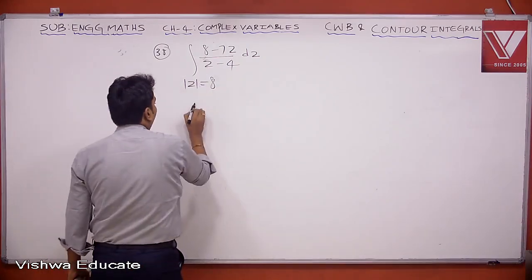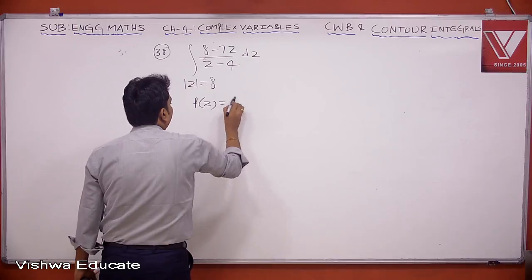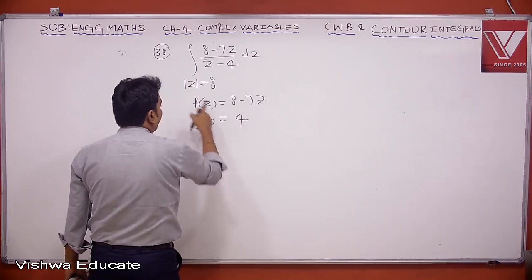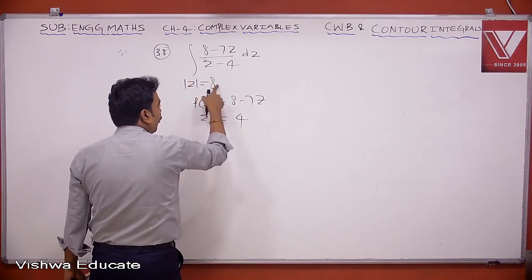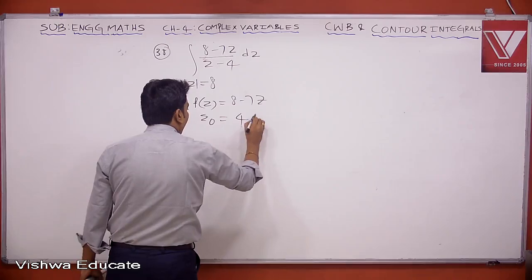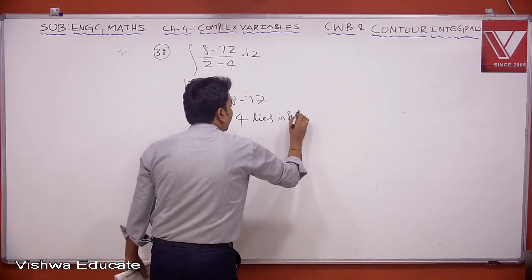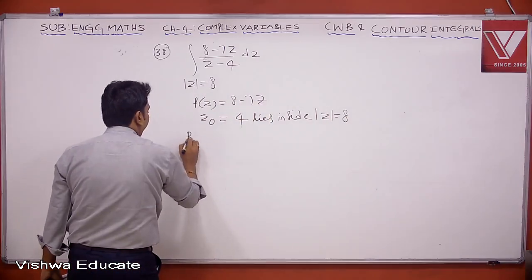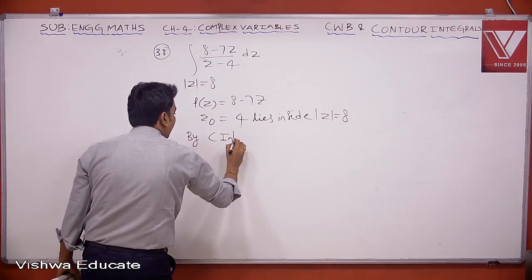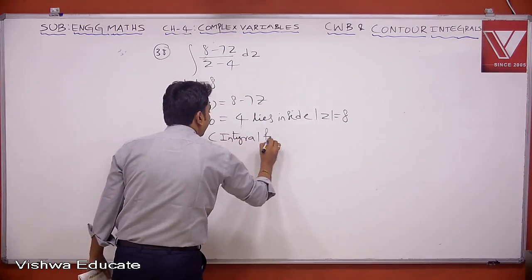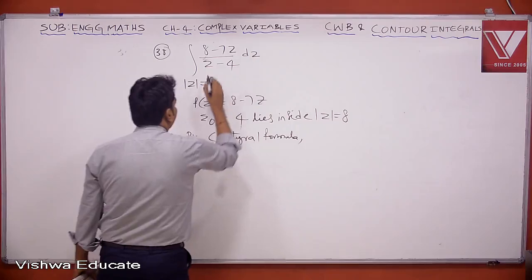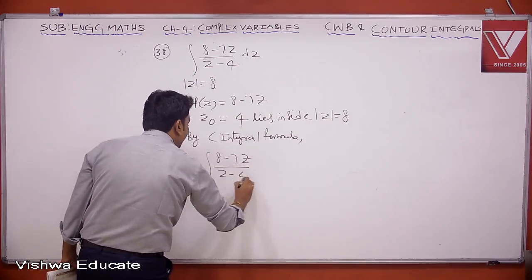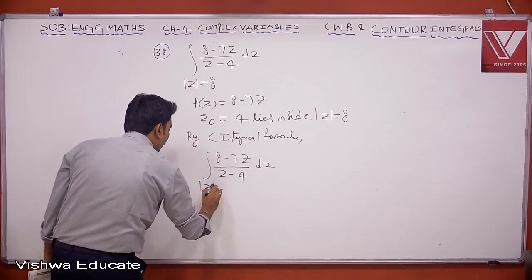Now here what is f of z? F of z is the numerator function, that is 8 minus 7z. And z naught equals 4. Now mod 4 equals 4, but 4 is less than 8. Therefore z naught equal to 4 lies inside this circle, mod z equal to 8. Therefore by Cauchy's integral formula, this contour integral, that is integral 8 minus 7z by z minus 4 dz over mod z equal to 8,